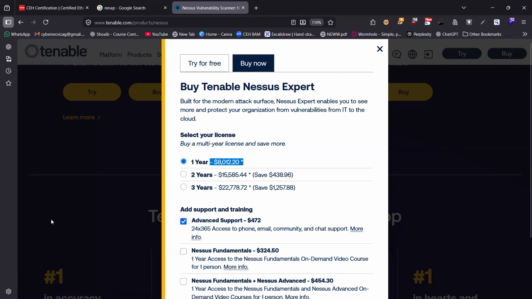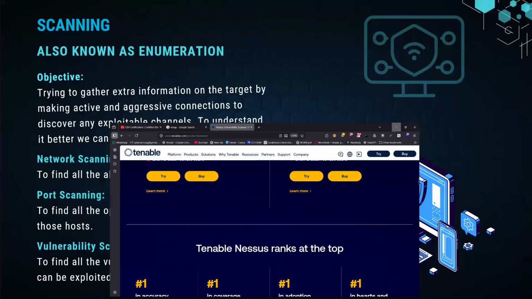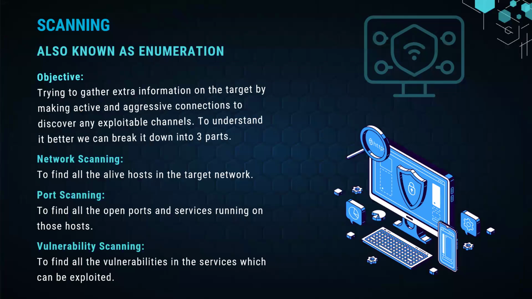So again, the reason I'm showing you all this is to make you understand whatever we learn, we'll be learning it hands-on with the same tools which are used in organizations. Okay. And these tools give you the information on what network devices are there, on those devices, what applications are running, and on those applications, what services have what vulnerabilities. So once you know what vulnerabilities exist,